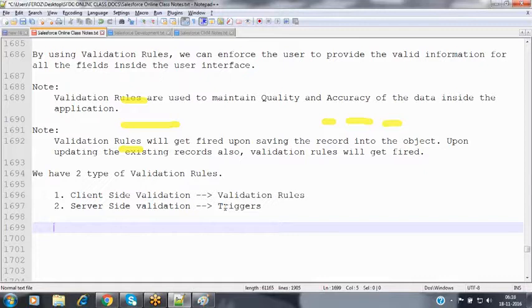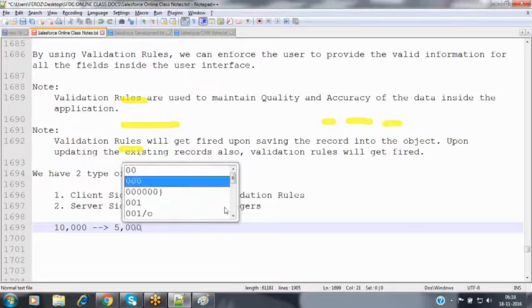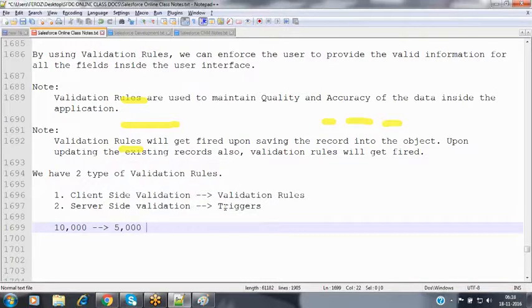For example, I want to transfer an amount here. Now, when coming to my account, I'm having some 10,000 rupees inside my account. I want to transfer some 5,000 rupees to my friend because he is in need of some money. Now, when you click on the transfer button, first of all, it is verifying, before transferring the amount, whether the source account has sufficient funds or not. That is the validation it is doing.